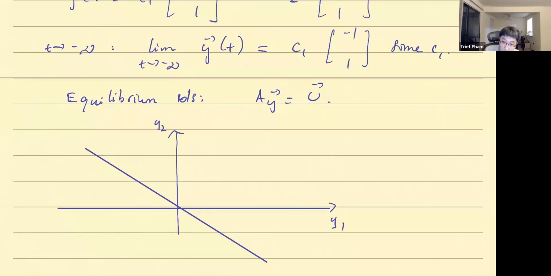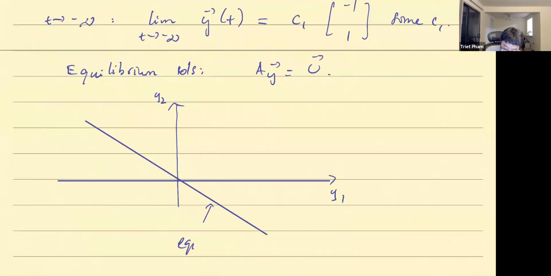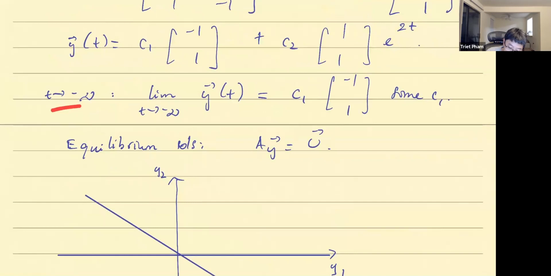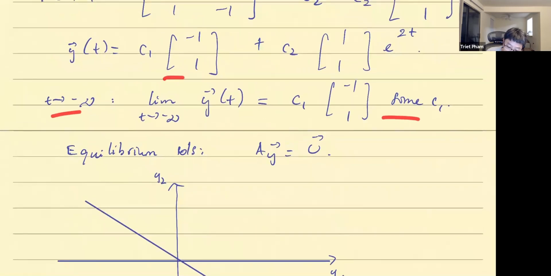But on this direction, be very careful. There's no movement on this direction. Basically, if you start anywhere here, you stay there. So this line is the whole line of the equilibrium solution, okay? And then this limit tells you that any other solution starts from some point here,